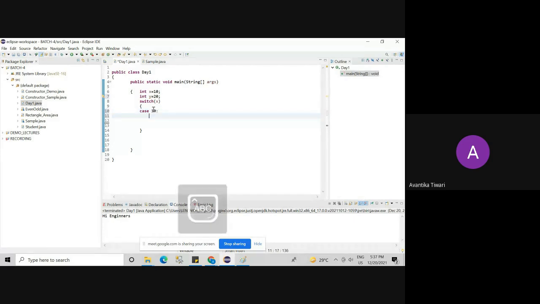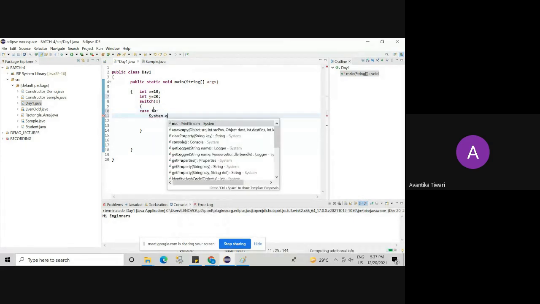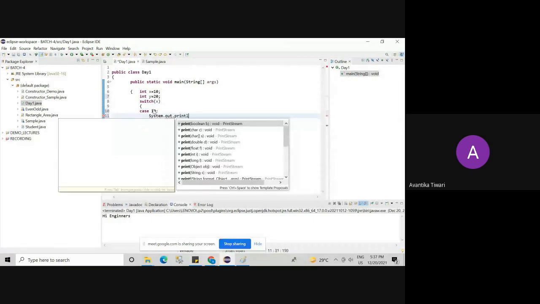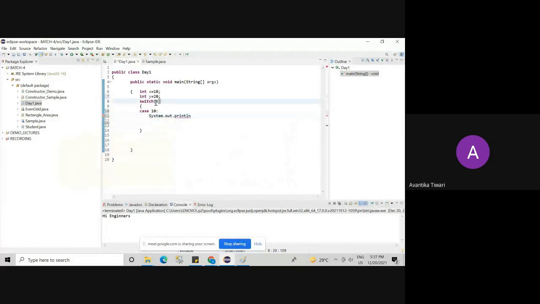Yes, ma'am. Absolutely valid. Just now we discussed that integer is valid. So I have taken one case 10 because we are passing integer label here. 10 is also integer. So here the case label is 10. Valid or not? 10 is valid or not? Yes, ma'am. Absolutely valid. No problem. And here we will write the break statement.